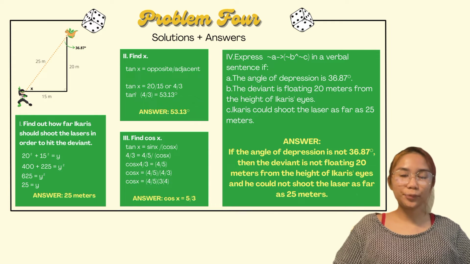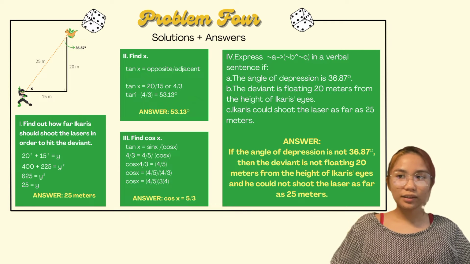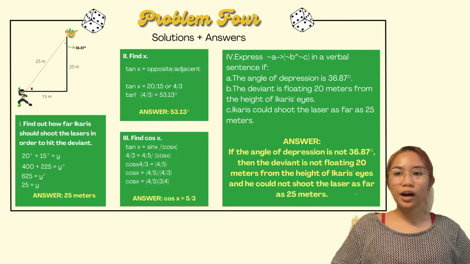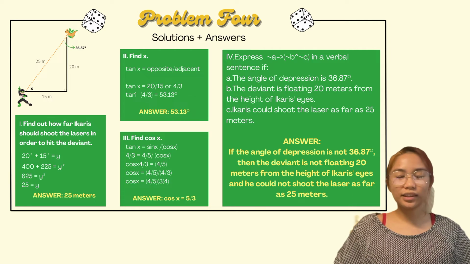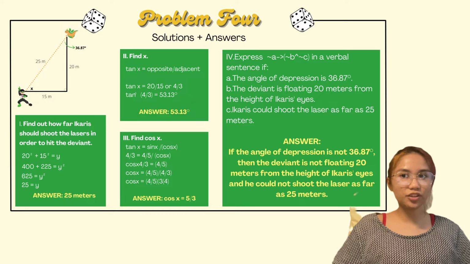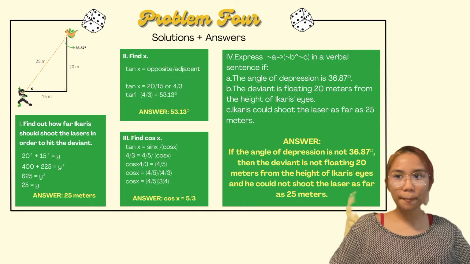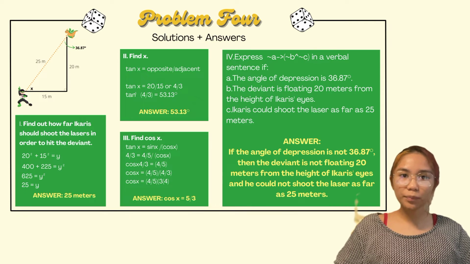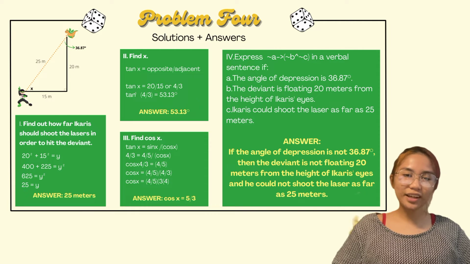In order to do that, we can use tan x, which is the opposite over adjacent. In this diagram, we can see that the opposite side of x is 20 meters and the adjacent is 15 meters. So we have tan x is equal to 20 over 15, or 4 over 3. So our tan inverse of 4/3 is equal to 53.13 degrees, and from here we can say that the angle of elevation